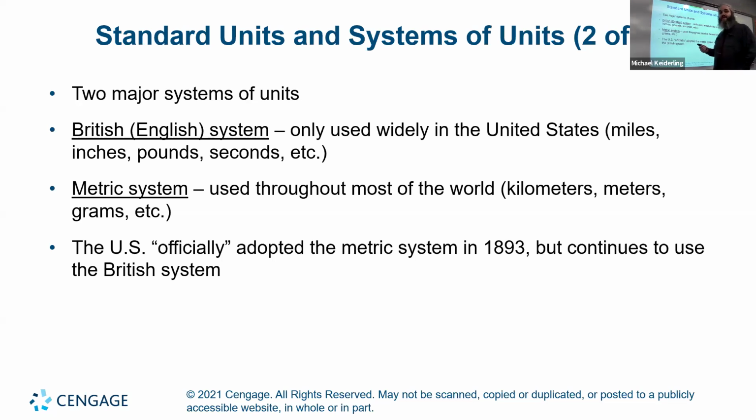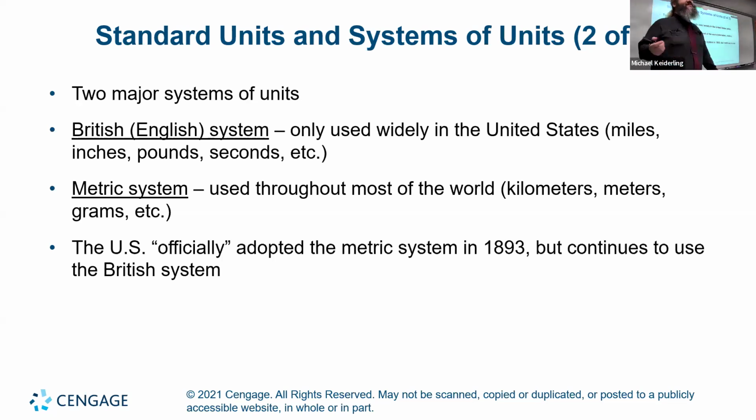That's really only used widely in the United States. The official term for this is US customary units, because they're unique to the US, basically. And then the metric system, which is used throughout most of the world. So the British or English system is things like miles, inches, pounds, seconds. The metric system, which is used pretty much everywhere else other than the US, is things like kilometers, meters, grams,